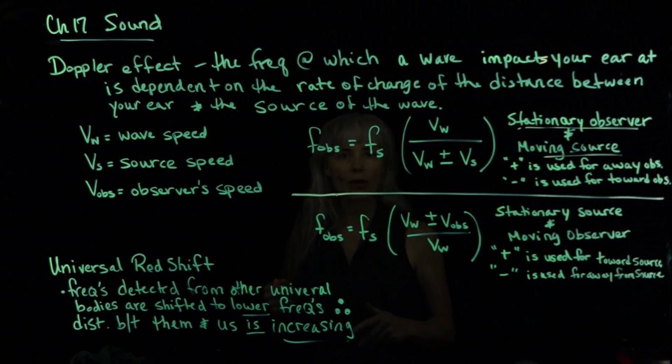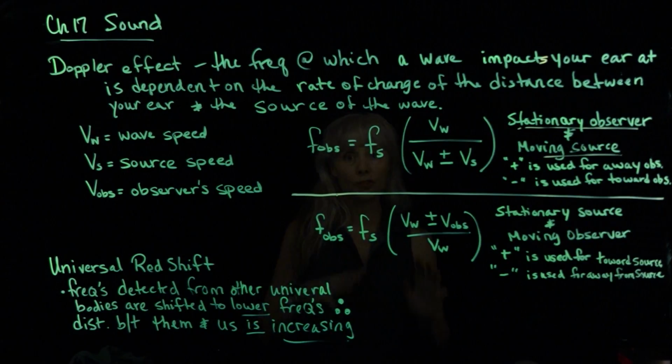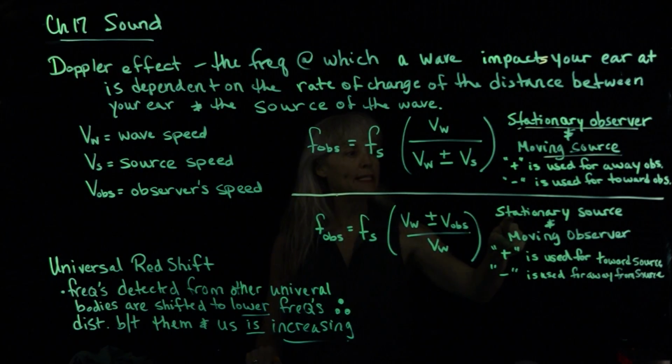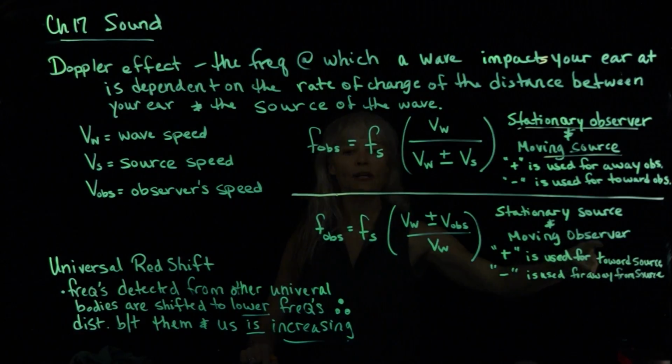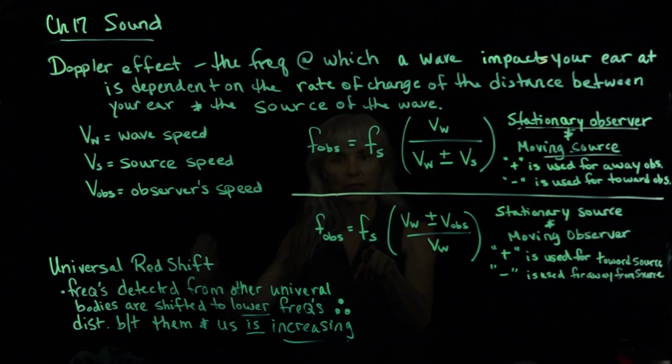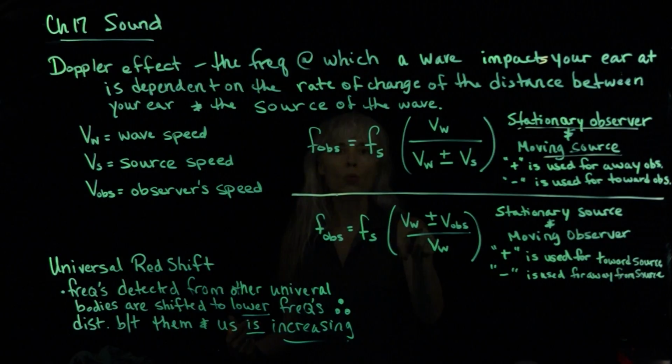But as I just said earlier, we could also have the observer in motion and the source is stationary. And that's what the second formula is for. It's a stationary source and a moving observer. So the frequency the observer is going to hear is equal to the true frequency that is emitted by the source times the speed of the wave itself plus or minus the speed of the observer divided by the speed